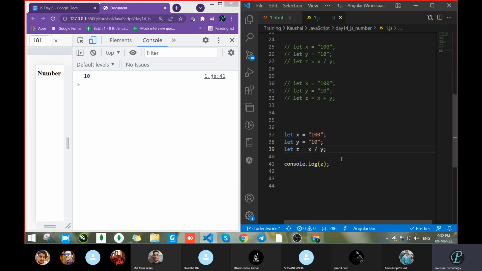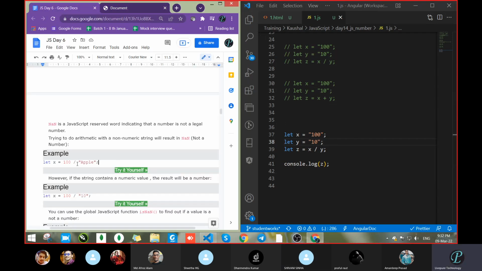We are getting the output, it's working fine. Now remove this 10 and pass something else, like apple. Now see what the result of this division is.